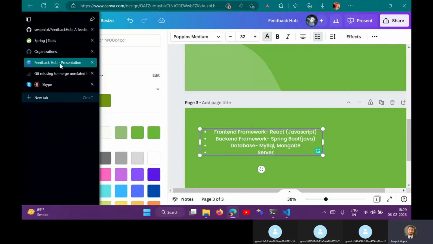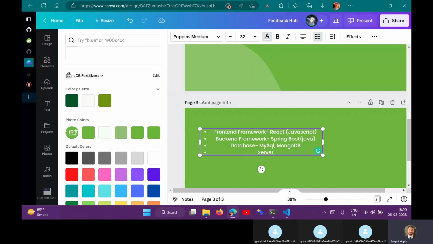How front end framework? Why don't we use a front end framework on both sides? Why do we need a backend framework? Why not use the same language? Why not use React on both ends? Why not use JavaScript on both ends? Though JavaScript is very versatile, and we are using it on both ends these days. But why not React on both ends, right? Why not something on both ends, right?